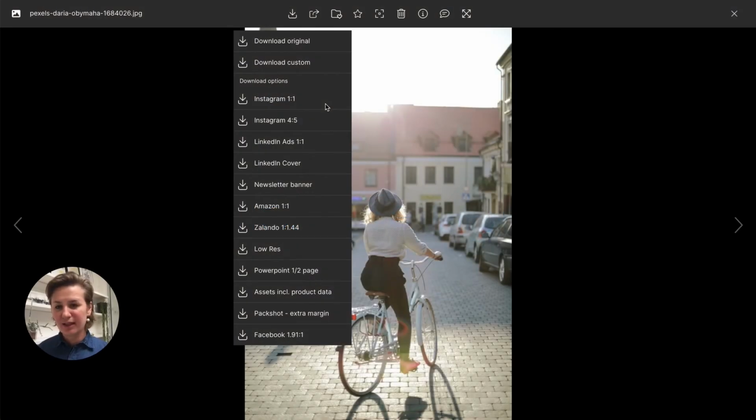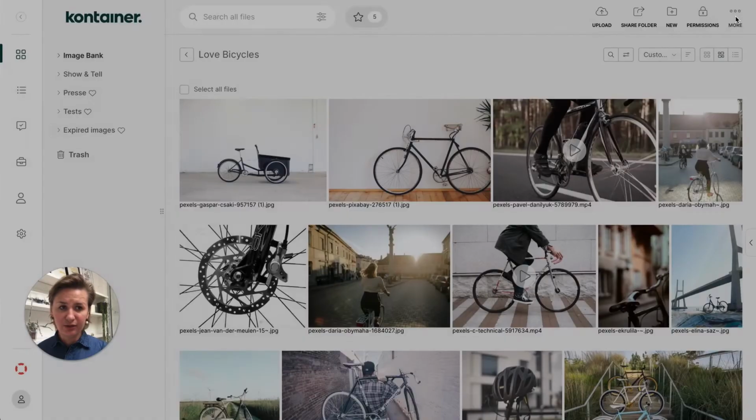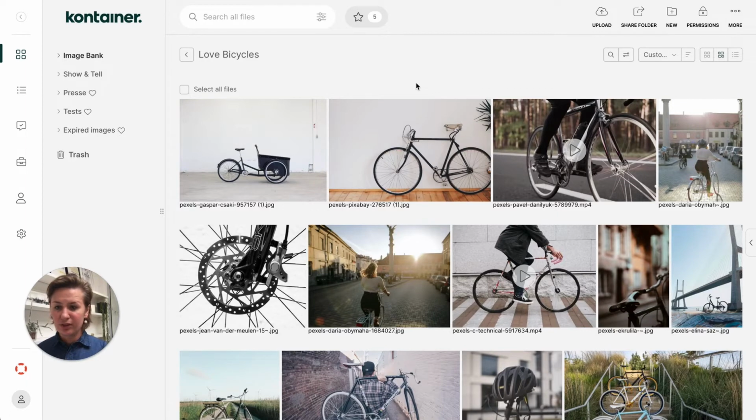Download templates allow you to make your custom downloads into templates. That could be for social media, for newsletters, online marketplaces, to make low-res images, or anything else that you could think of that would be nice to have like a standard format for. You put them together yourself, and once you've created them, you can download your files in that specific format.